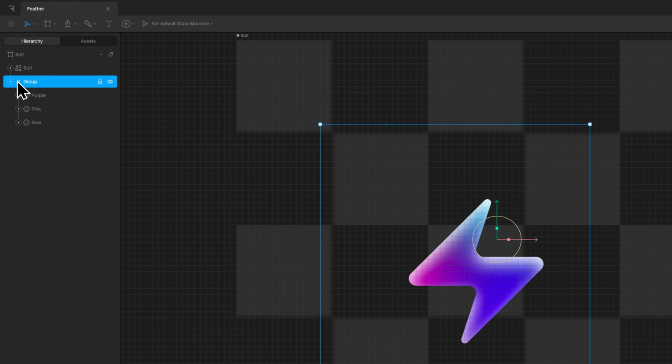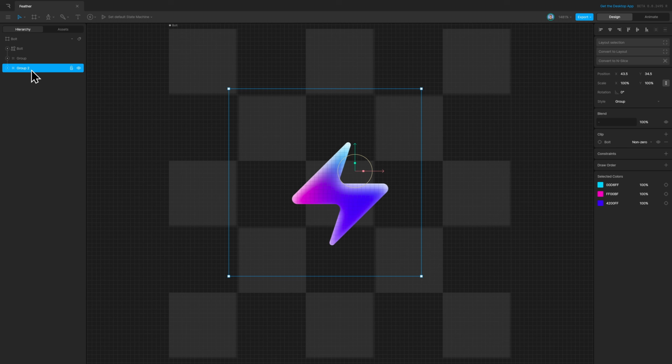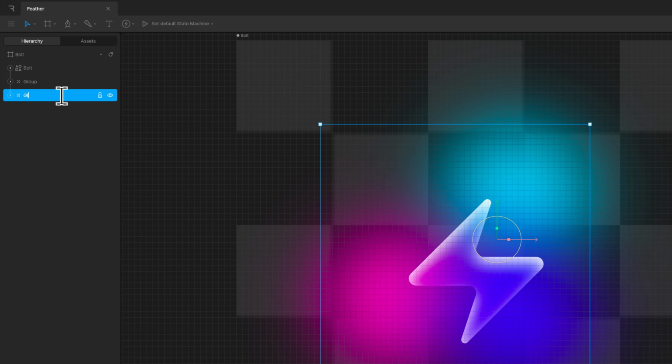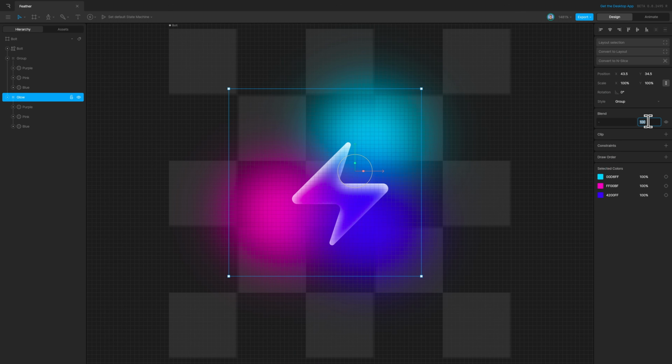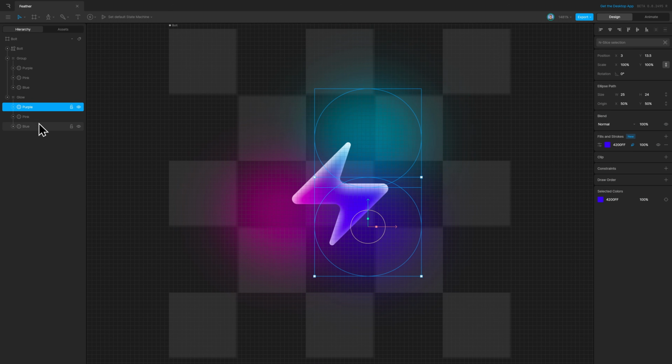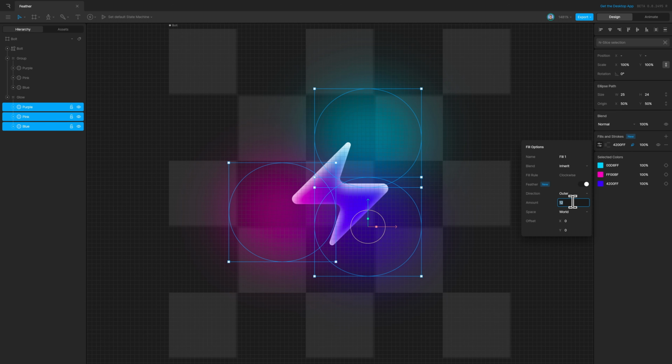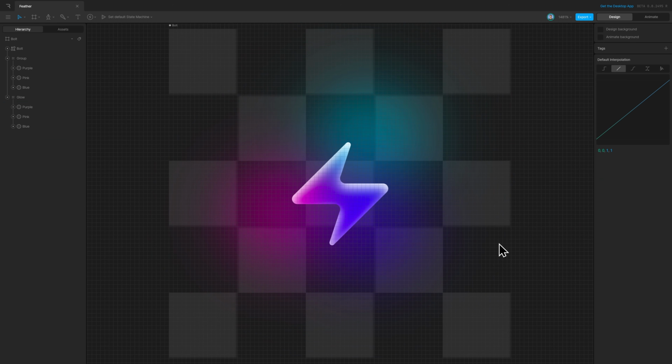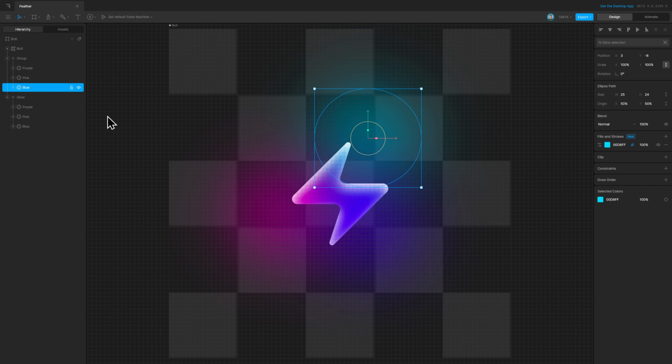That is, I can go ahead and duplicate this group and remove the clip from the same and call this the glow. Bring down the opacity to say 50% and also change the feather effect. That is, make it, let's say, 20 or 15. Now if I go ahead and move any ellipse inside of the icon that is clipped, the shadow or the